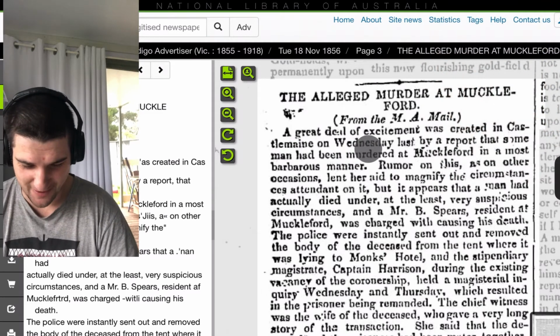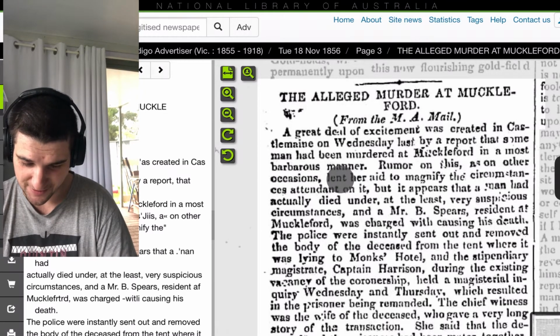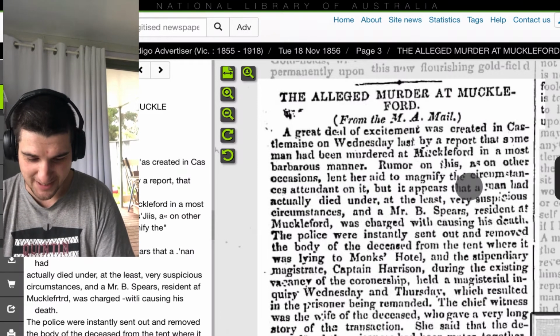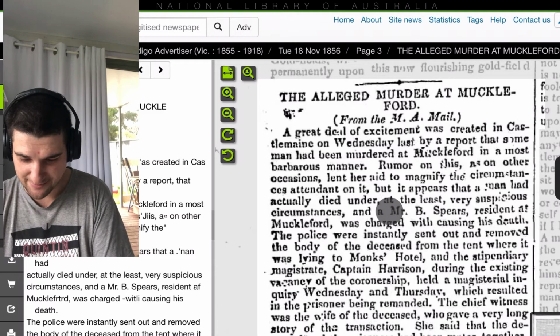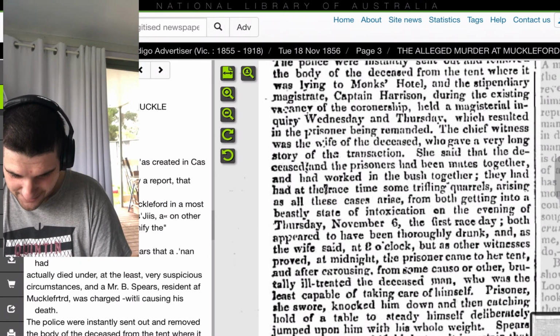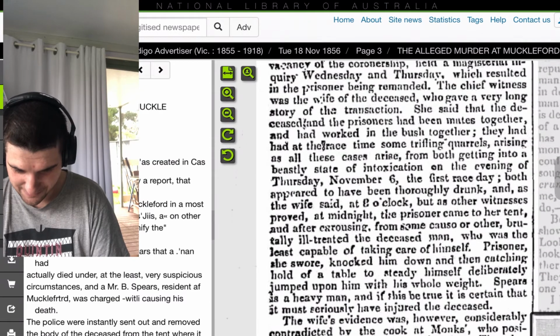A great deal of excitement was created in Castlemaine on Wednesday last by a report that some man had been murdered at Muckleford in a most barbarous manner. I don't know how that could create excitement, but anyway, let's read on. Rumour on this, as on other occasions, lent her aid to magnify the circumstances attendant on it. But it appears that a man had actually died under, at the least, very suspicious circumstances, and a Mr. B. Spears, resident at Muckleford, was charged with causing his death on the first race day. Both appeared to have been thoroughly drunk, and as the wife said, at 8 o'clock, but as other witnesses proved, at midnight,